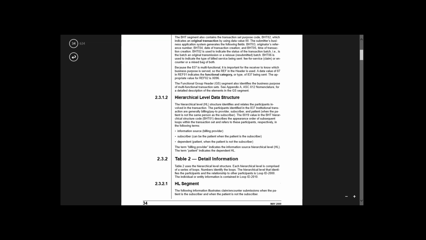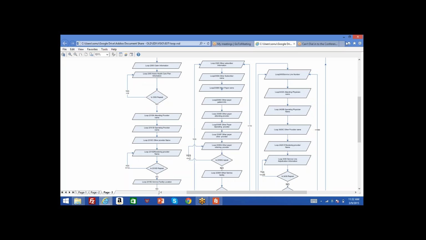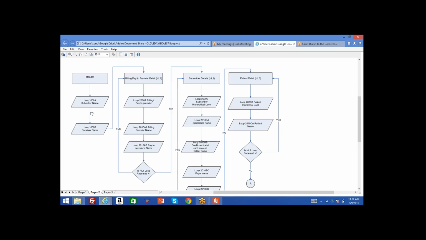Then you need to go to the Visio documentation, which is this, to understand the overall data structure and the hierarchy. To understand how each data element is related to the data loop. So this is completely up to you. How do you want to start it? Start with here, then go to the implementation guide, read through it, what is inside this. Before that, you can just go here and see how it is broken down. And then from this area, you start it off, read through the implementation guide,